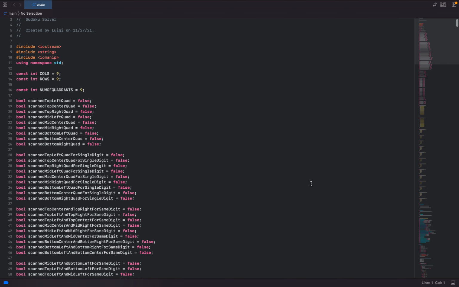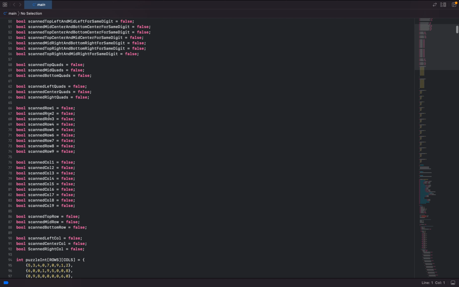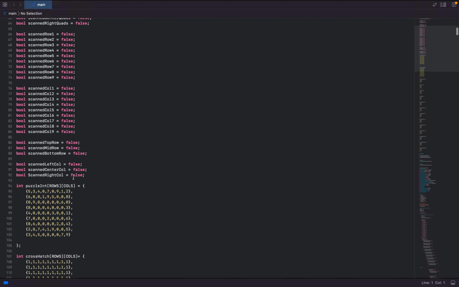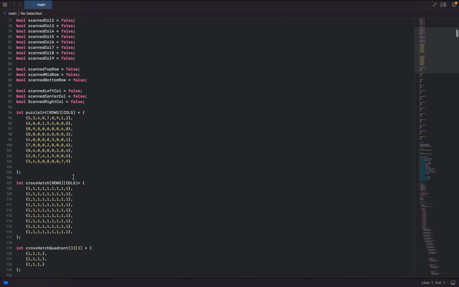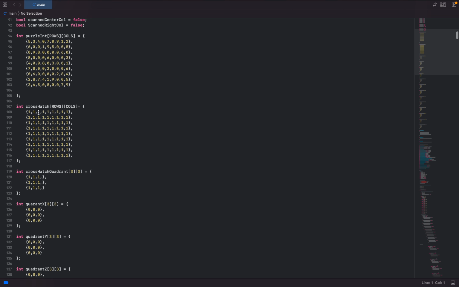We established the rows and the columns, which were 9 of each, and then we created all these bools for each of the quadrants, as well as the bools for each row and column. Then we inputted the numbers that were given to us in the example of the Sudoku problem, as well as the crosshatch, where we included ones, meaning that it's available to be taken, and 0 means